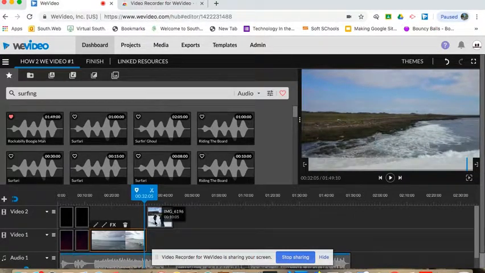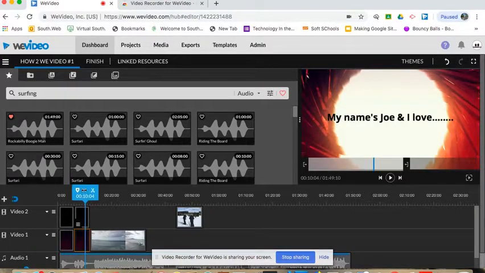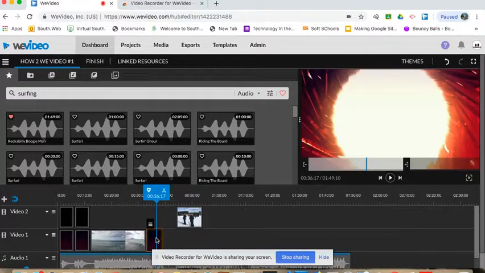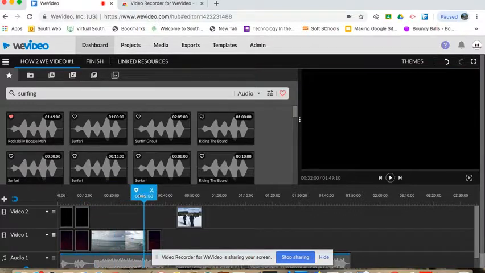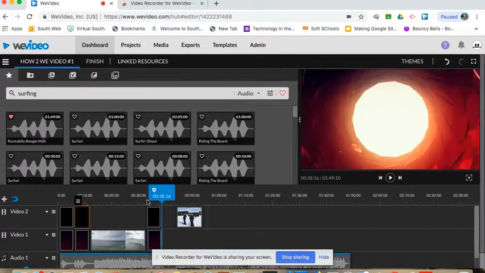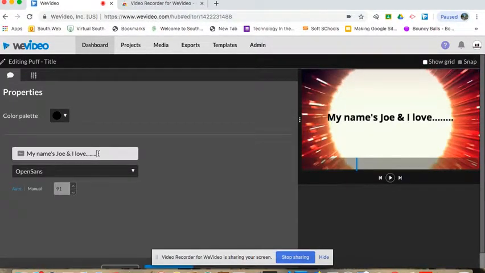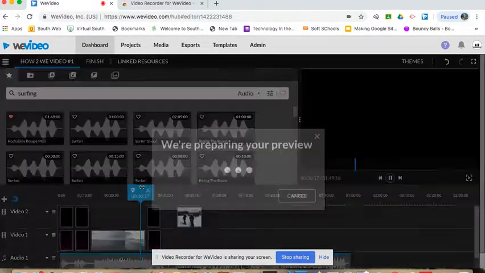Now, instead of it just going to snowboarding, we're going to want to copy this. We're going to want to bring this over. So now we have the same thing here. Command copy. Bring this down right about there. Command V. Change it up. So now we can go from surfing